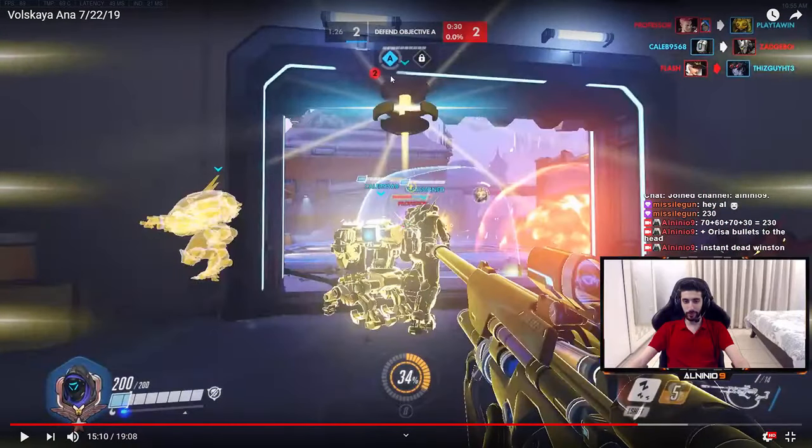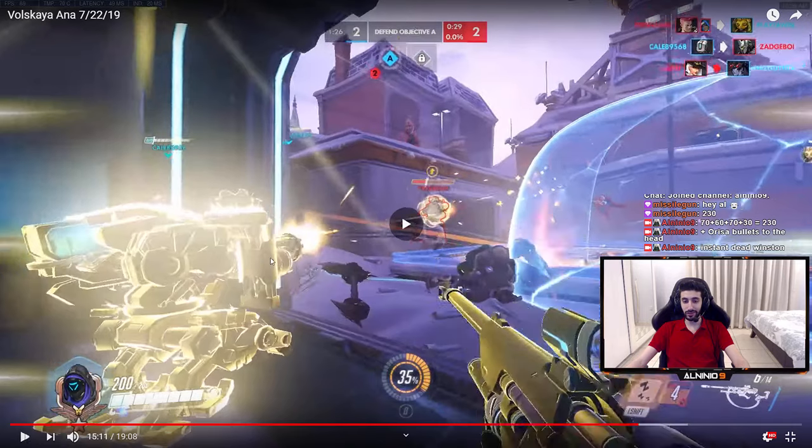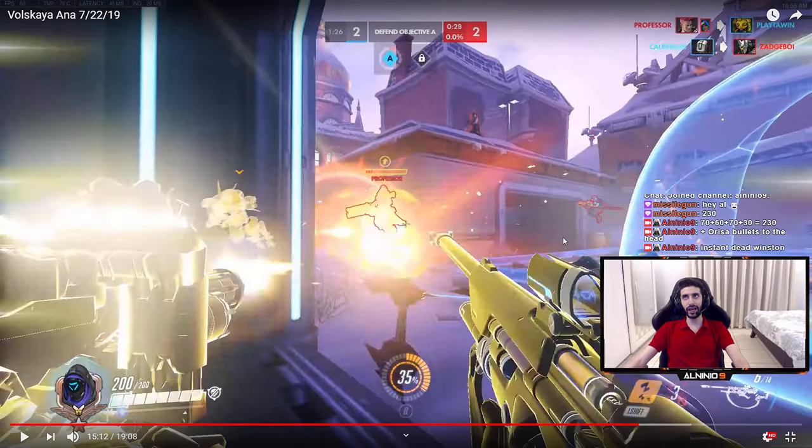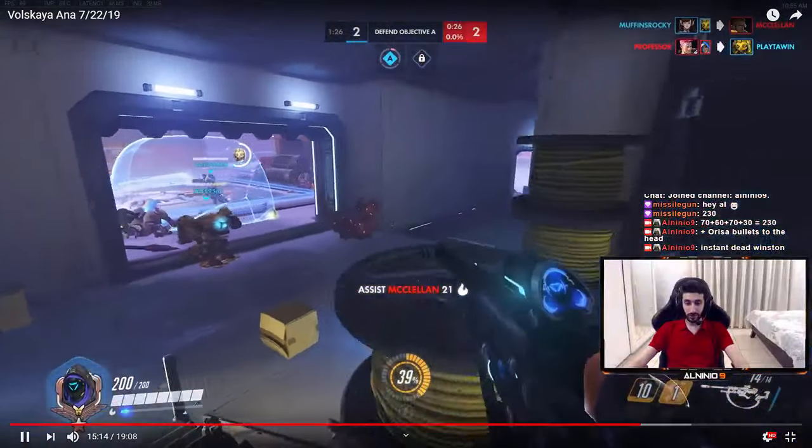And we have Baptiste Immortality Field, so that's good right there. But they shouldn't even have tried to go on point there. As soon as they saw Bastion, they should have just collapsed on the Bastion. They knew you guys have Bastion. It's not like they're like, oh shit, there's a Bastion here. They should have predicted, okay, where would Bastion position? But they don't think like that, so...